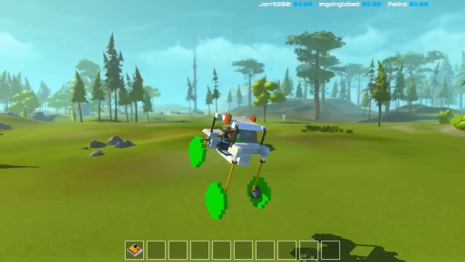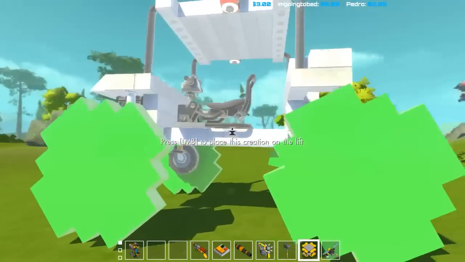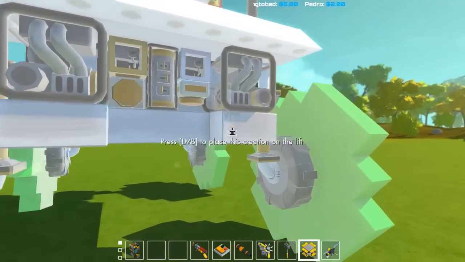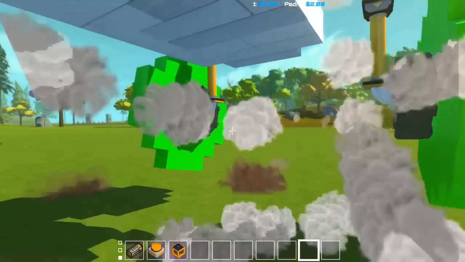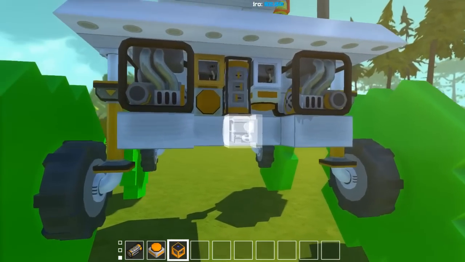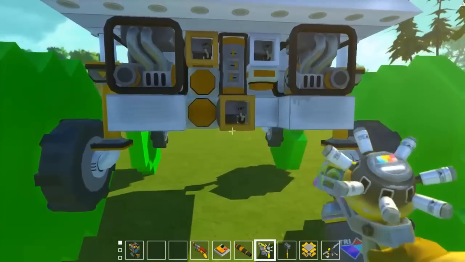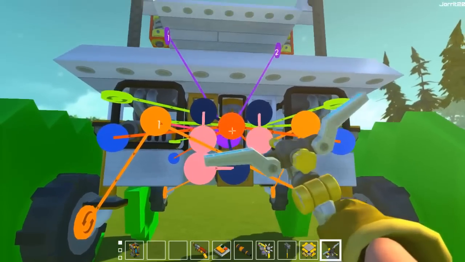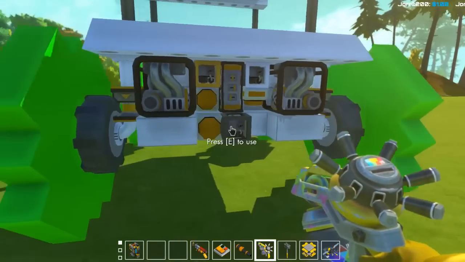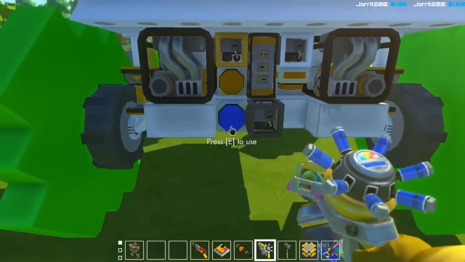That's hilarious. So the centripetal force of the spin is forcibly extending the pistons, which is not supposed to happen. Let's see if we can fix that. No, no, no, we're fixing you. There we go. Alright, let's get this right into here. We're gonna paint it black and instantly kill everything. Bam. Now we're going to paint this blue and just go